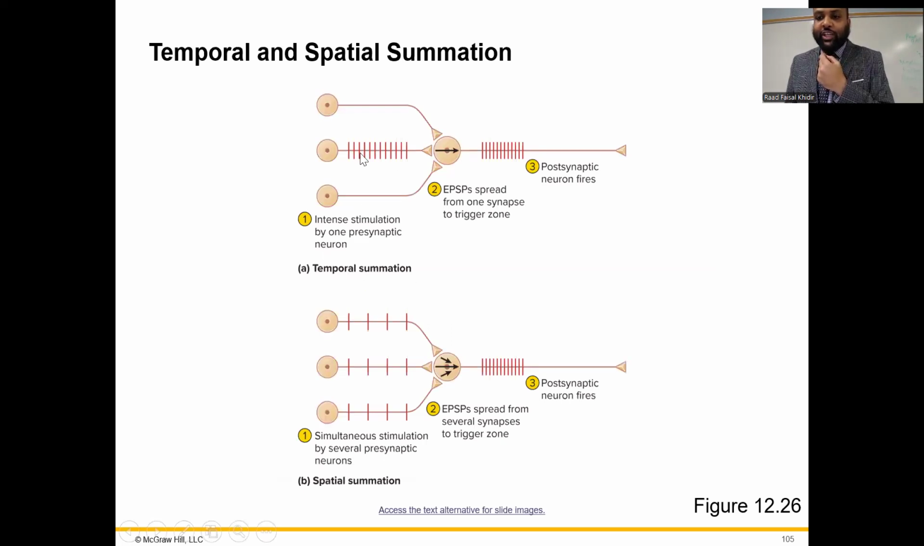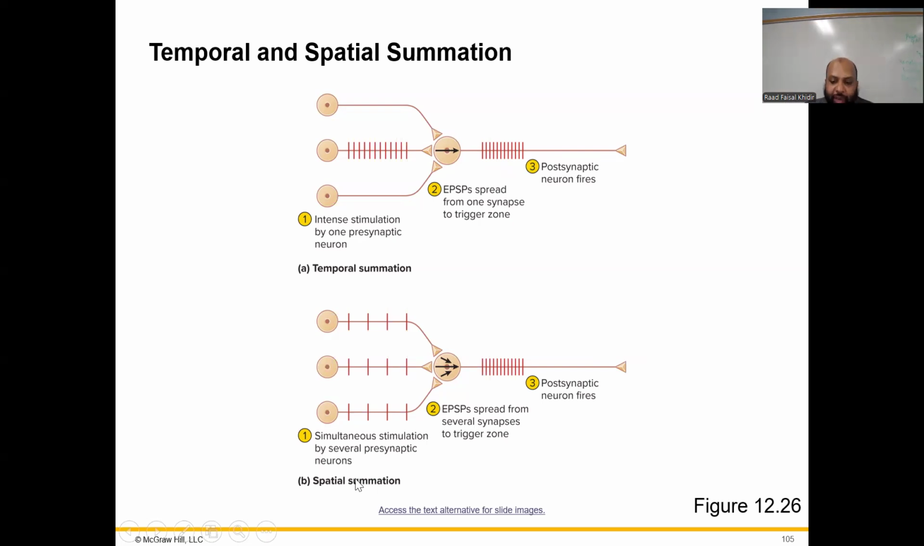In temporal summation, how many synapses do we have? One. How many neurons? One. See, they add. So there's an intense stimulation by one presynaptic neuron, and then you have excitatory postsynaptic potentials that spread from one synapse to the trigger zone. And these are the postsynaptic, and then the postsynaptic neuron would fire. Then you have spatial